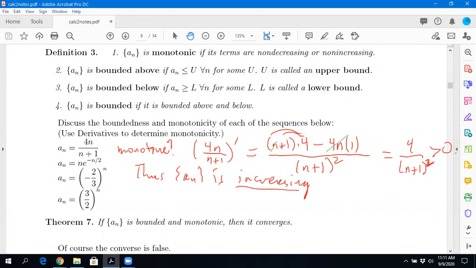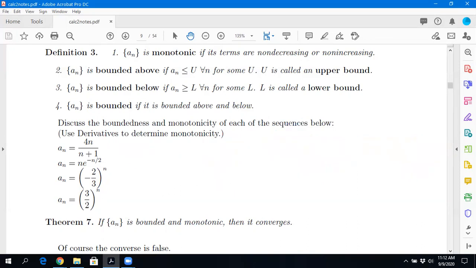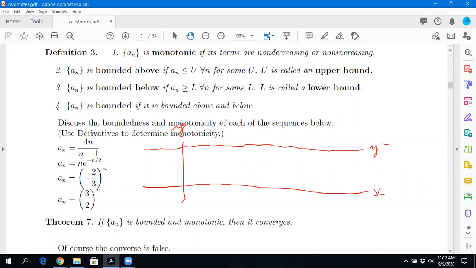Okay, let's just think about this for a second. What did we say that this sequence is trapped between all the time? 0 and 4, and it's always moving in an upward direction, correct? Let me just draw a little picture on here for us to think about. Here's the y-axis, here's the x-axis, and I'm going to draw another horizontal line at y equal to 4.